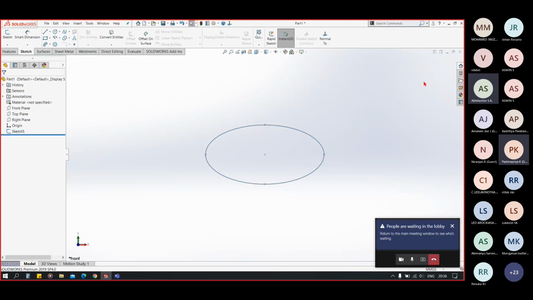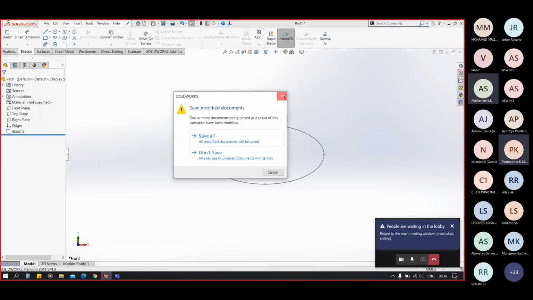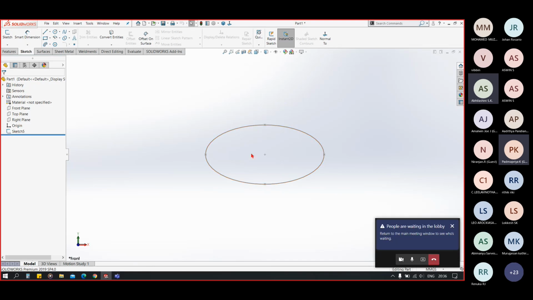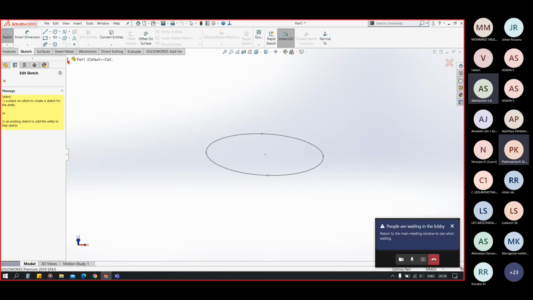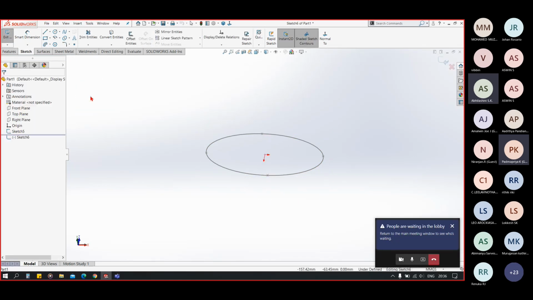Now for a sweep, or for a loft and boundary, we have to make a profile and a path in different sketches. So now I have to select the plane for my sketch.